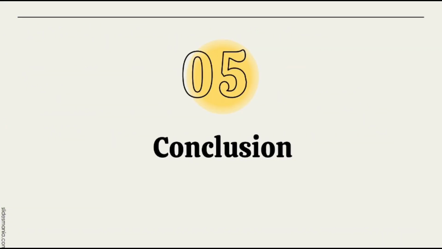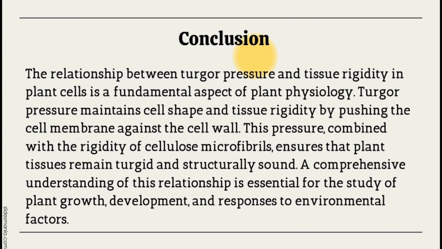So, for the conclusion, the relationship between turgor pressure and tissue rigidity in plant cells is a fundamental aspect of plant physiology. Turgor pressure maintains cell shape and tissue rigidity by pushing the cell membrane against the cell wall. This pressure, combined with the rigidity of cellulose microfibrils, ensures that plant tissues remain turgid and structurally sound. A comprehensive understanding of this relationship is essential for the study of plant growth, development, and responses to